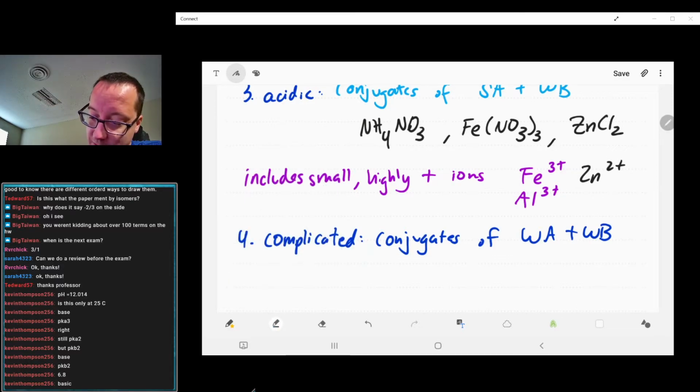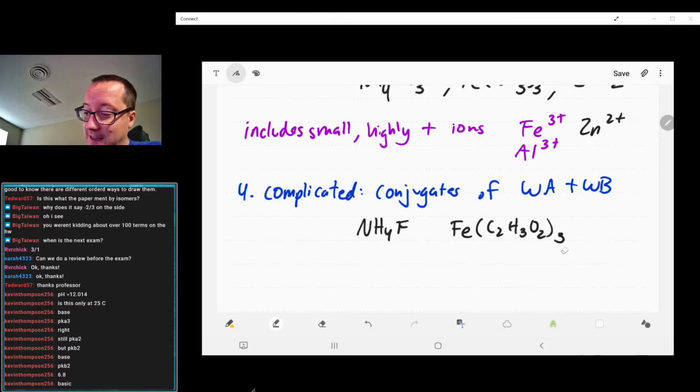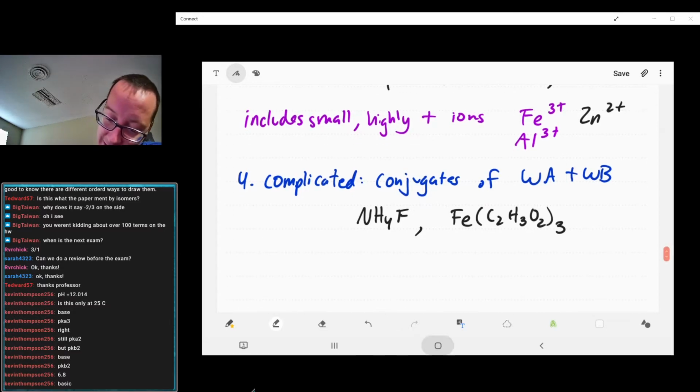For example, this would be something like ammonium fluoride or iron 3 acetate, where you have something that can act acidic and something that can act basic in the same salt. Or even, what's another good one? I don't want to keep using ammonium as our standard here, but it's a good one. Whatever, this works. So with these, you would have to calculate